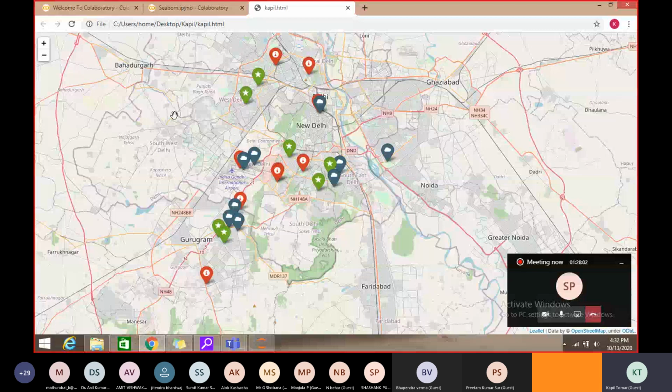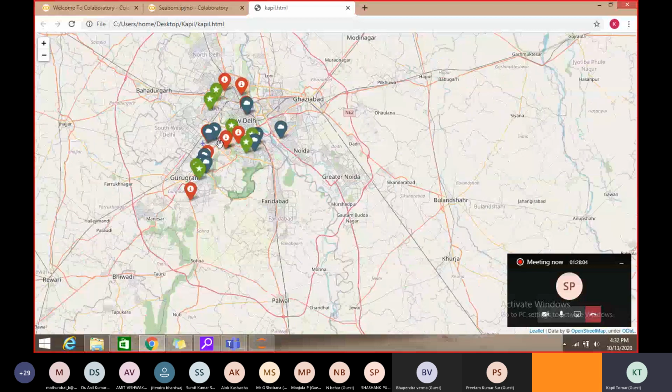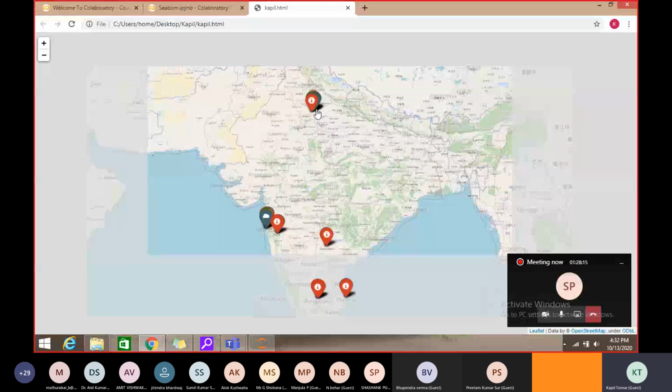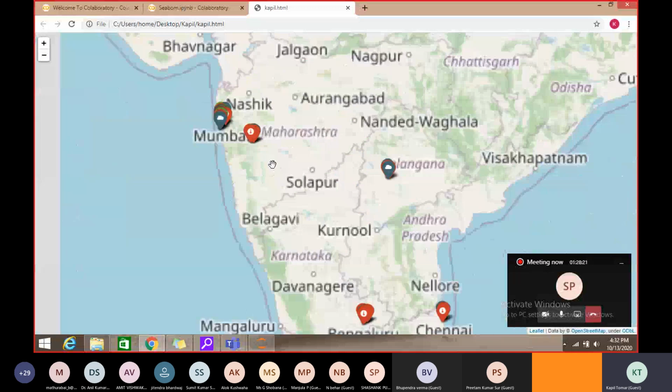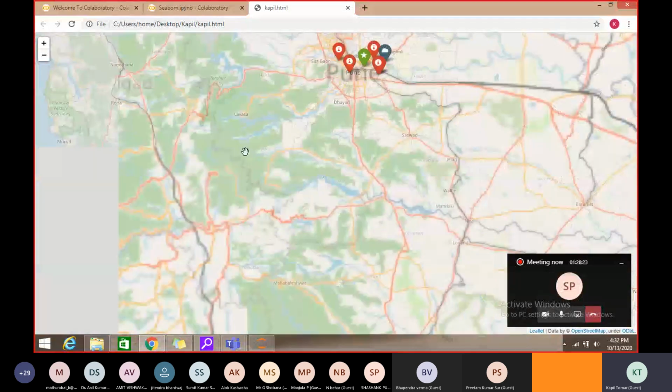So see this, we just have the longitude and latitude. This is the cafe, and if we analyze, these are the total number of cafes all over India. We can analyze any location.